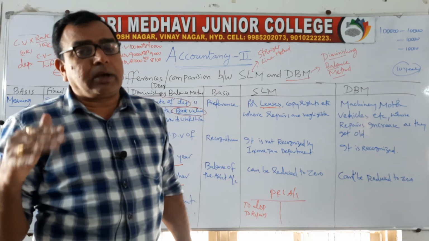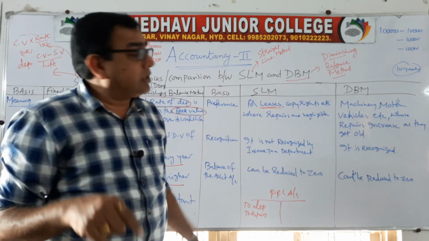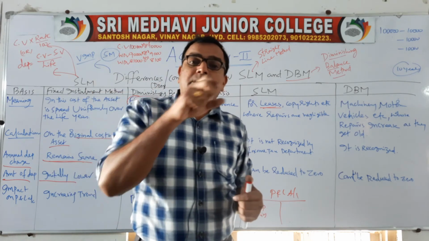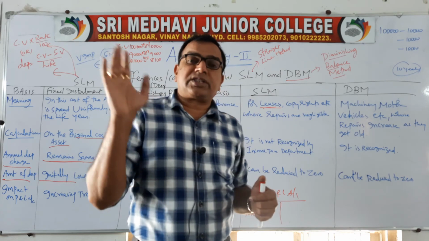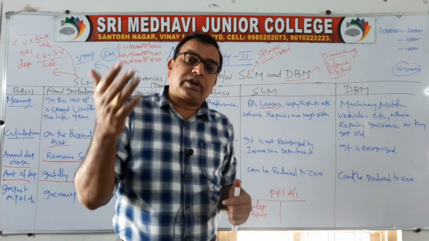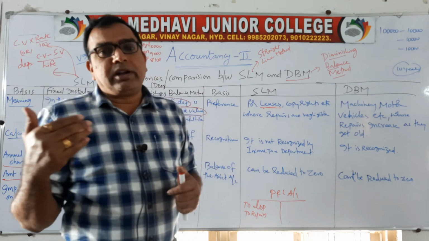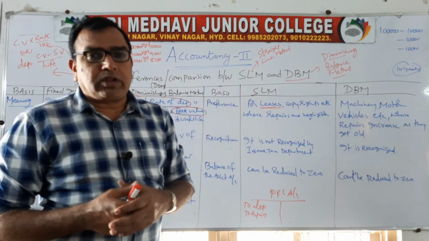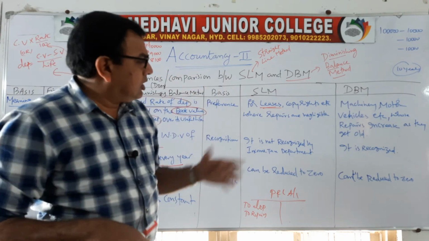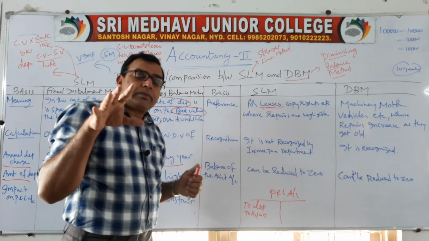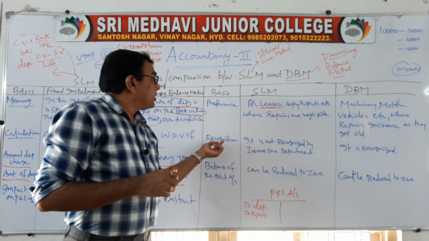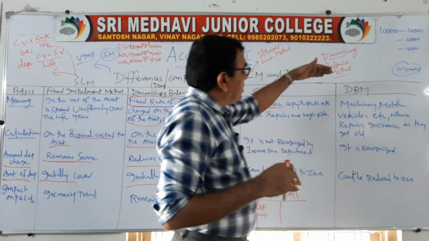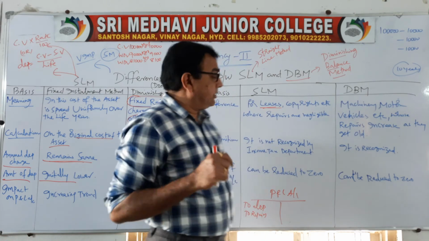In BCom second year you will have a subject called income tax. In that you will learn about the depreciation chapter. You will have different rates. You cannot provide the same rate of depreciation on all assets. Machineries are depreciated at 20%, furniture at 15%, buildings at 5%, like that. Different rates are there that will change year by year according to government policy. So depreciation rates are fixed by the IT authorities. The straight line method is not recognized by the income tax department, whereas the diminishing balance method is recognized.